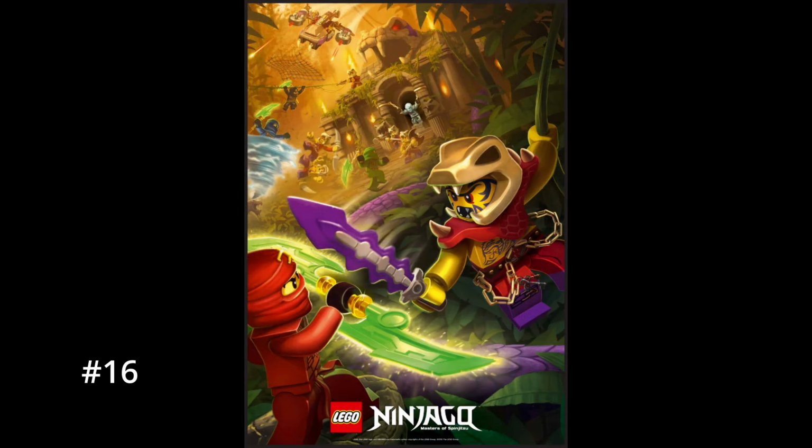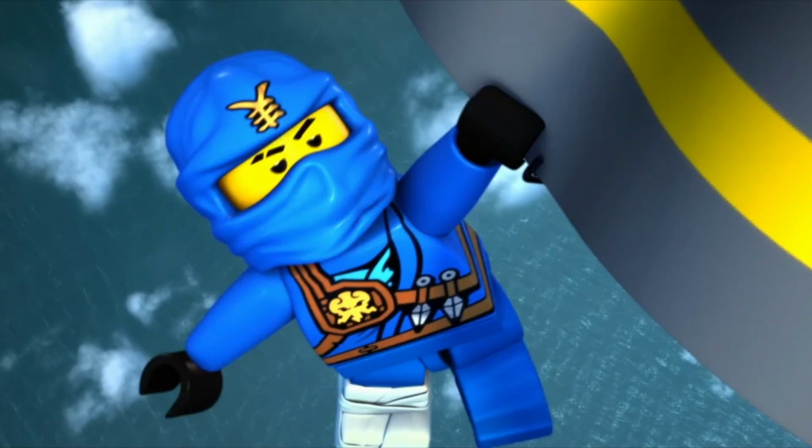Next up, we've got Tournament of Elements Season 4, and Jay's main role in Tournament of Elements is, of course, carrying over the stupid love triangle from Season 3. Thank you, show, for carrying this on. Thankfully, again, it's not super egregious in this season like it was in the last, because we see in the first episode the ninja are broken up because of Zane's death, and Jay is not faring super well, and his main reason for not wanting to come back is he doesn't like Cole because of the love triangle thing.